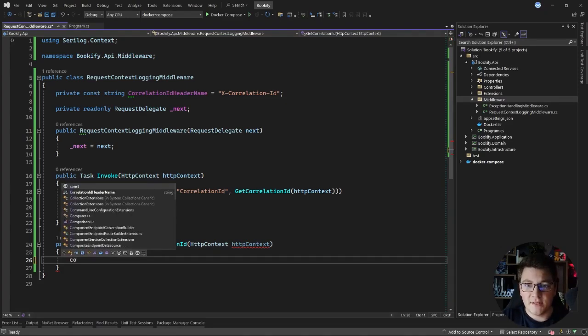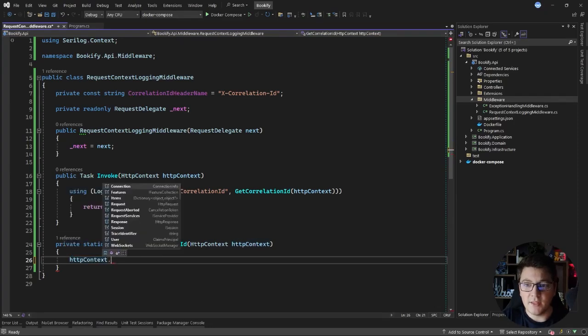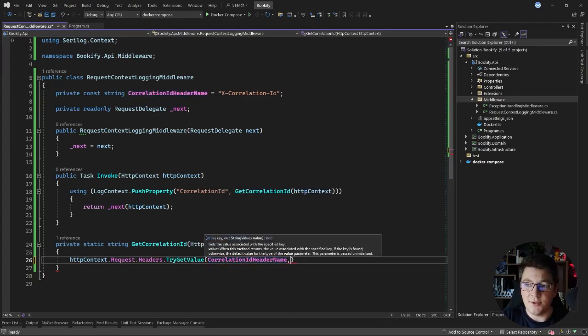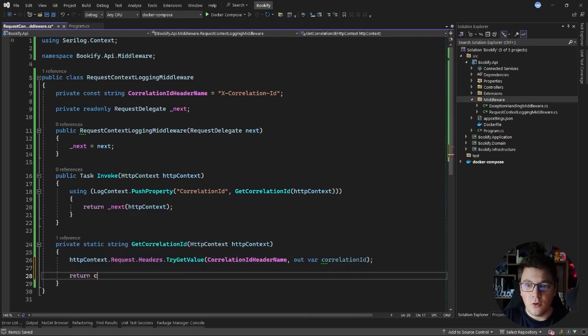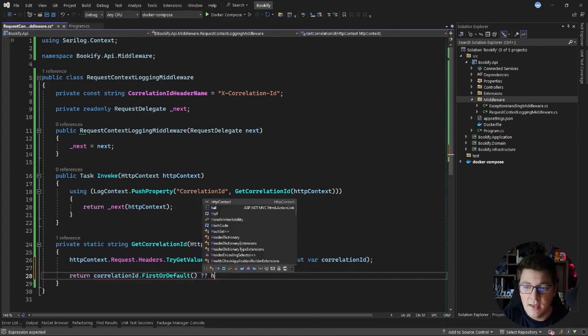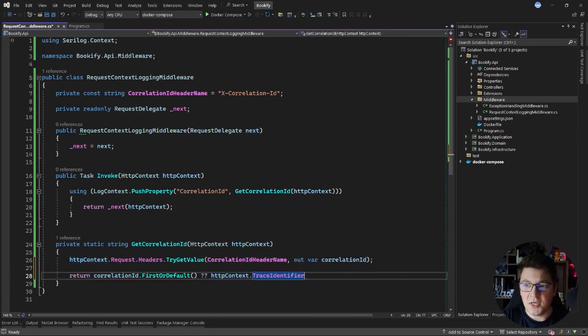We're going to access the request value by taking in the HttpContext and then using the Request property. And then I can access the Headers collection, and I'll try to get a value with this key. So let's pass in the correlation ID header name and capture the correlation ID in an out variable. So I'll say that this is the correlationId. Then I'm going to call correlationId.FirstOrDefault. And if this doesn't exist, I'm going to use the HttpContext TraceIdentifier property as the correlation ID value